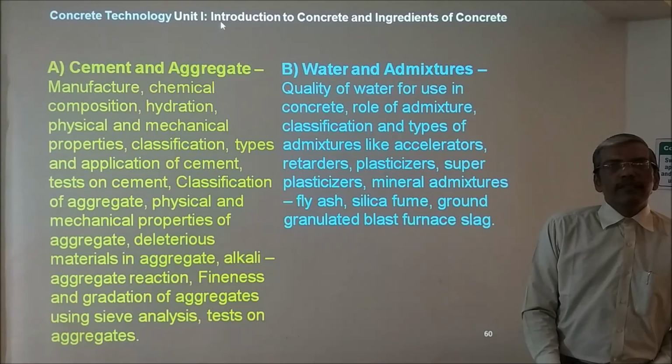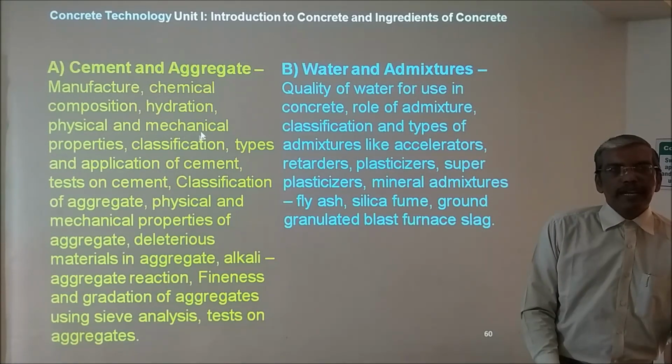So unit 1, introduction to concrete and ingredients of concrete, includes part A and part B. Part A includes cement and aggregate, manufacture, chemical composition, hydration, physical properties, mechanical properties, classification, types and application of cement,